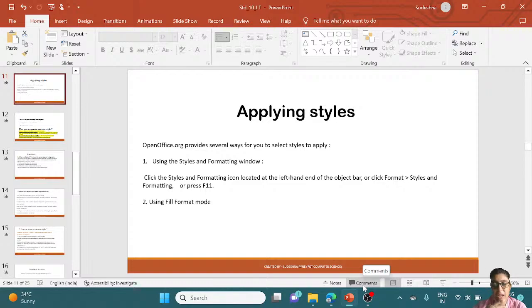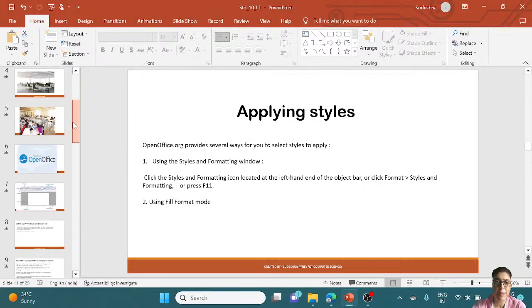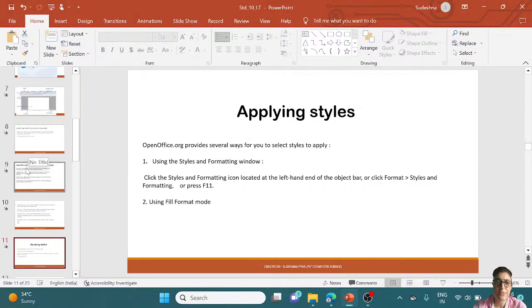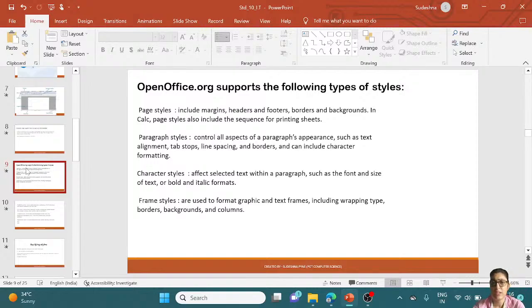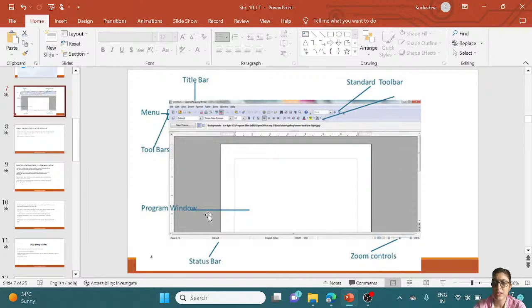Yesterday we learned some styles. Okay, so I am doing a quick recap. You learned yesterday that page style, paragraph style, and character style all come under documentation in the, this is the main window of the